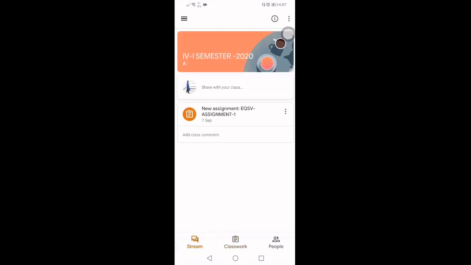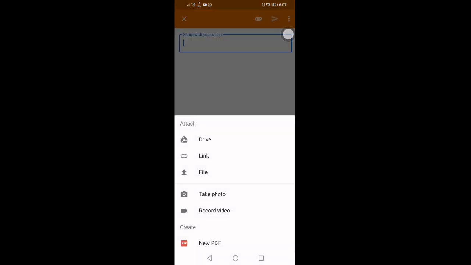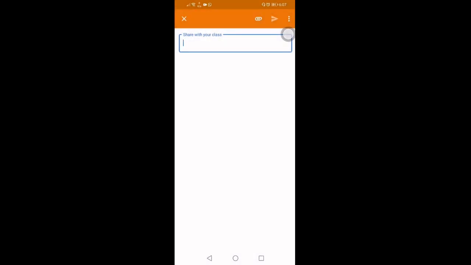In the stream, we can also share something as a student. If you are a class representative, and any news or a circular is given by the faculty, we can share it directly here, and we can add an attachment by clicking here and click on send, so that everything shared here will be sent into the dashboard.